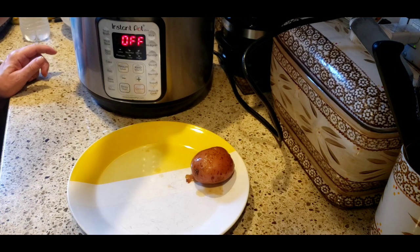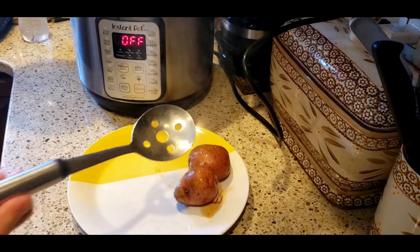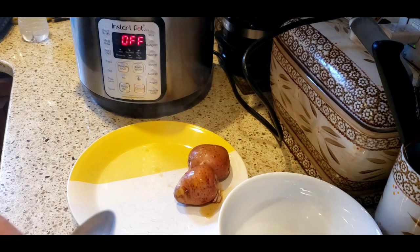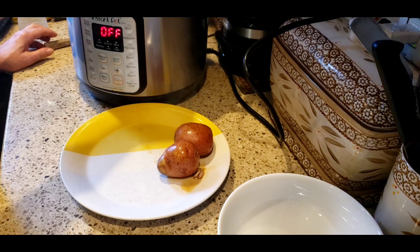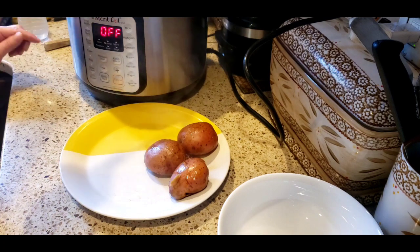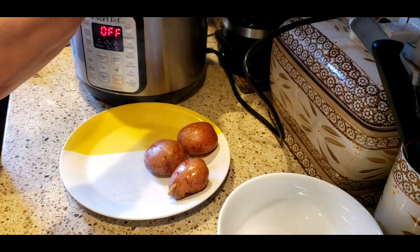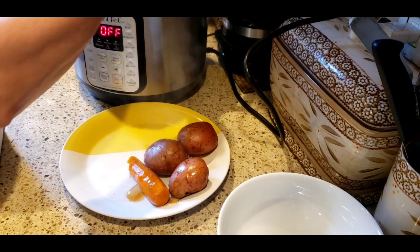And the potatoes are absolutely perfect. They're not too mushy. They're not hard. They just pierce so beautifully. Absolutely perfectly done. The carrots were delicious as well. Don't get me wrong, they were out of this world, but they were softer. So if you don't like that,